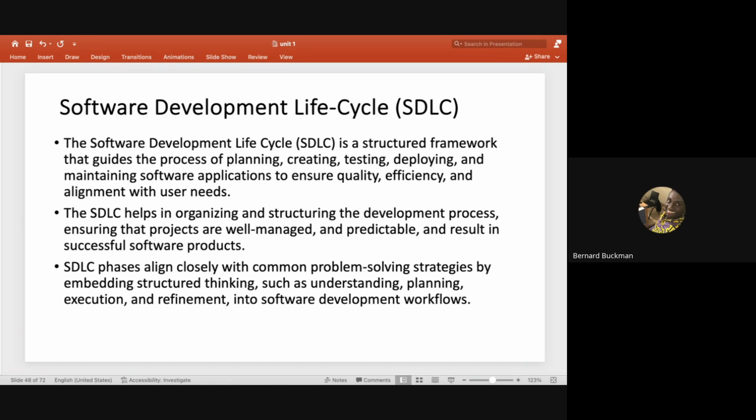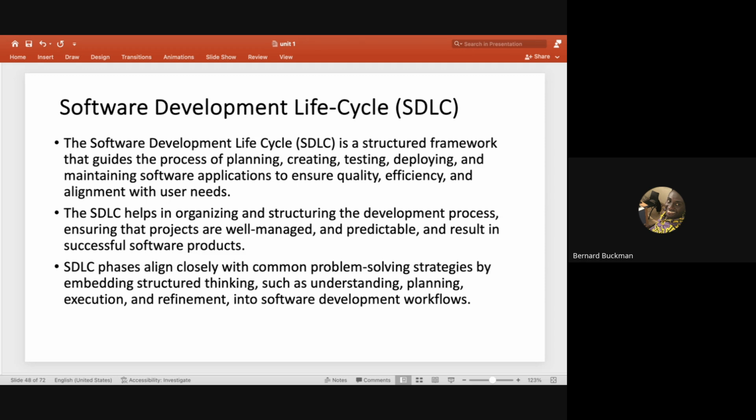So the software development life cycle is just a framework. When we say a framework, it's a structured guide that helps us to develop software. How do we develop the software? We develop software by first coming up with a plan for the software design, and then we build the software system. Then we test to see that the software system that we built does the job it's supposed to do. And then we maintain it. That's what the software development lifecycle helps us to do.